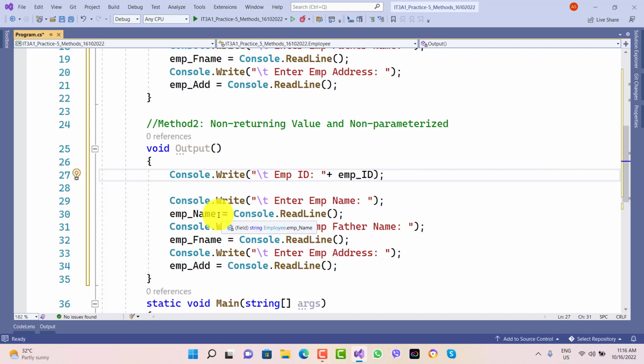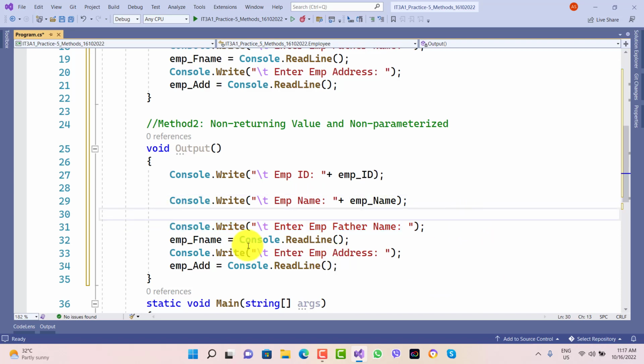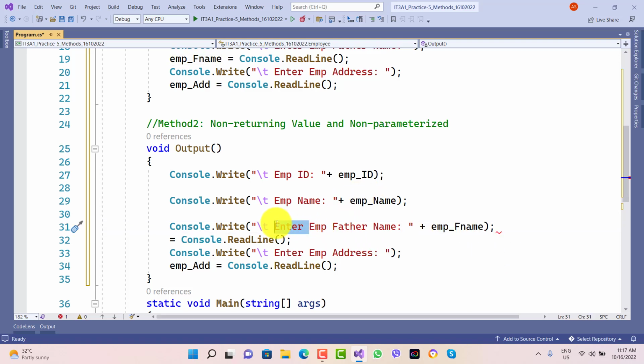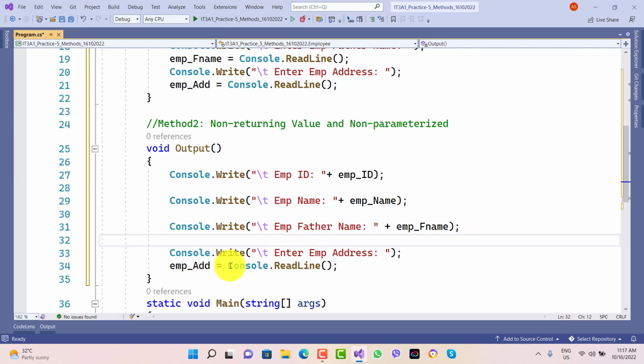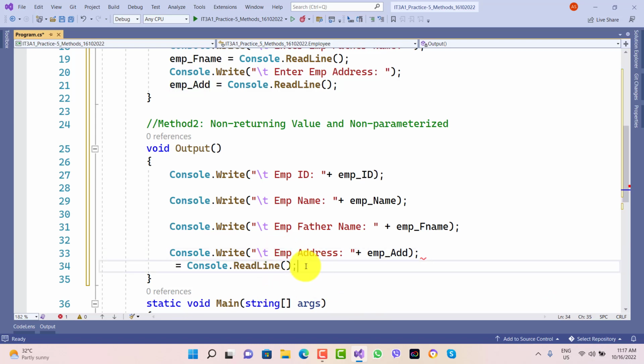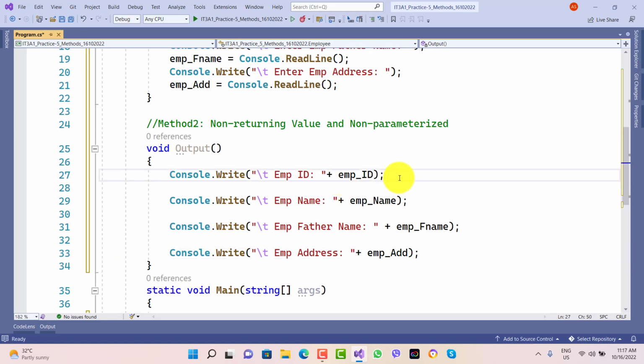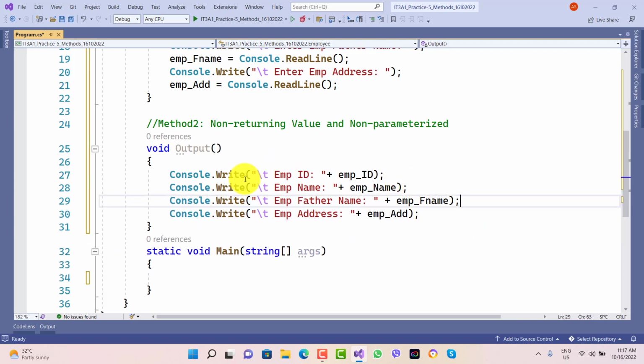Okay, so now we will take here employee name, just put like this, delete this, now employee father name, like this, then this, and employee address. So these are the values we have taken